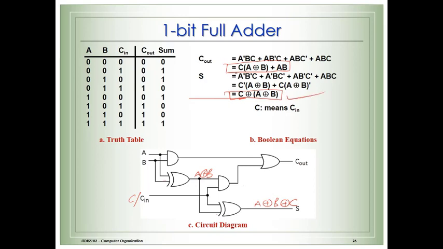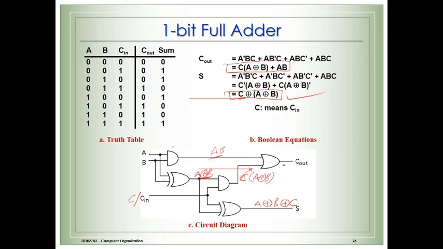Now C out. We have C and A exclusive OR B. We have A exclusive OR B here. So pass it with the AND gate and the other input is C. So here you will get C·(A exclusive OR B). This one, right? You are passing here. And what you will get here? AB, right? So you are passing with AND gate, so you will get AB.